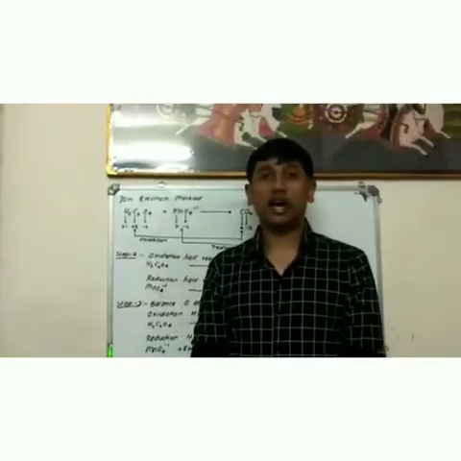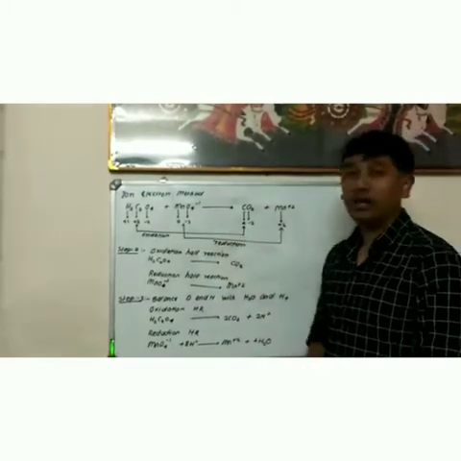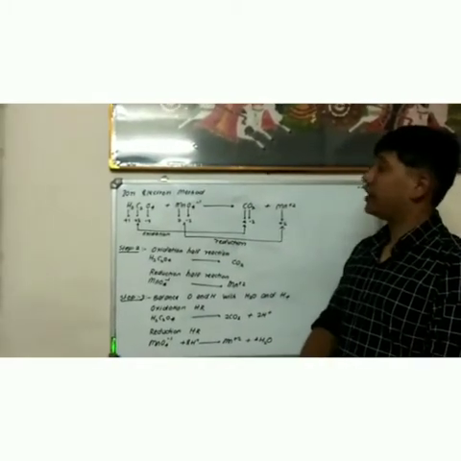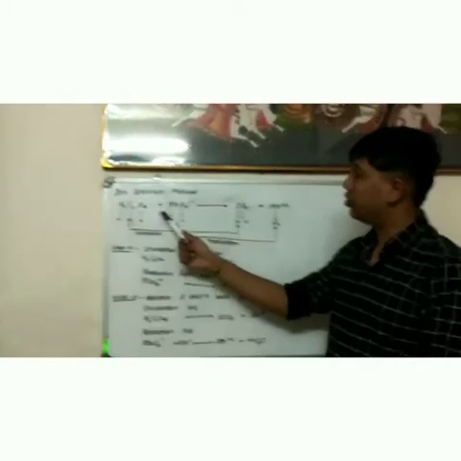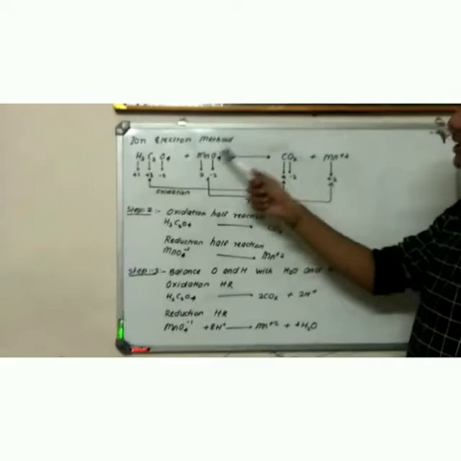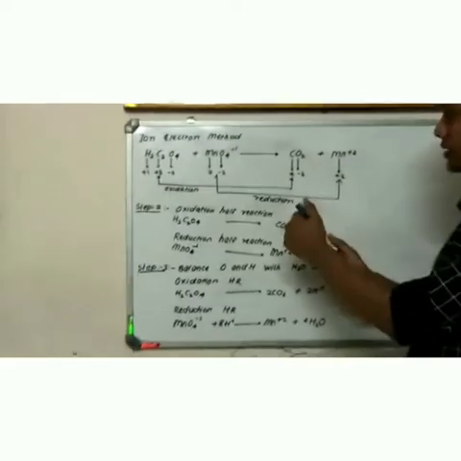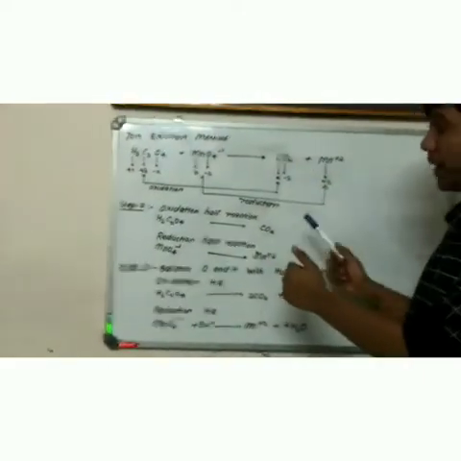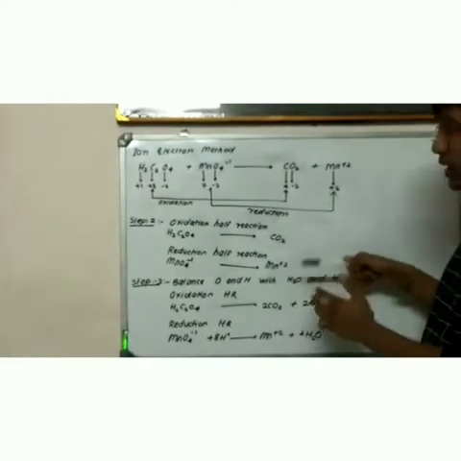Okay, so let's see another way, that is by the ion electron method. Here I have taken another example: H2C2O4 plus MnO4 minus 1 gives CO2 plus Mn plus 2. Here, as you can see, this reaction is not balanced. So the major function is to balance this, which I will tell later.